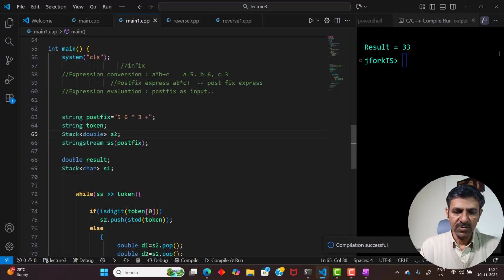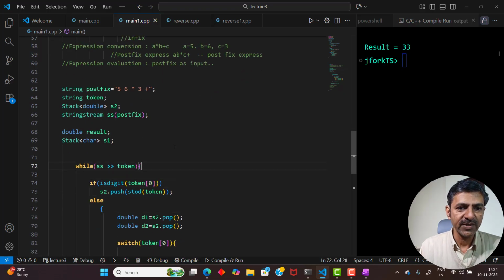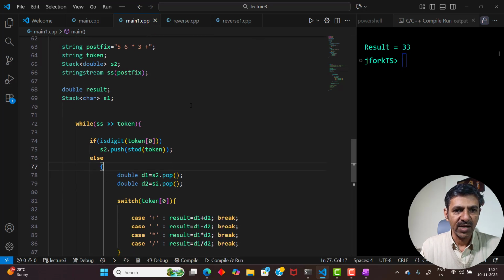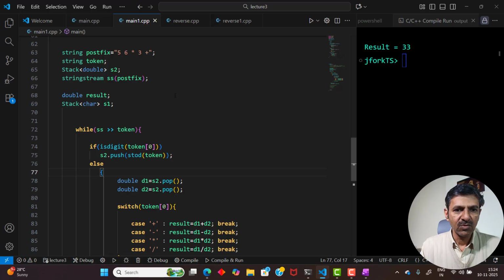Okay, so we are able to utilize stack to evaluate an expression which is in the postfix form. Now it is also possible to convert an infix into postfix using stack, but that program is pretty complicated. That's why I've taken a simpler one. Okay, so would you like to try this out, implementation of a